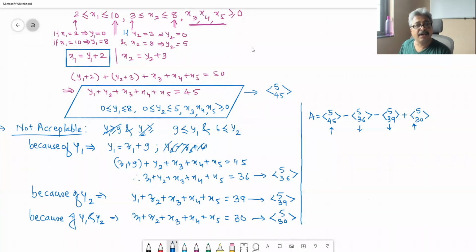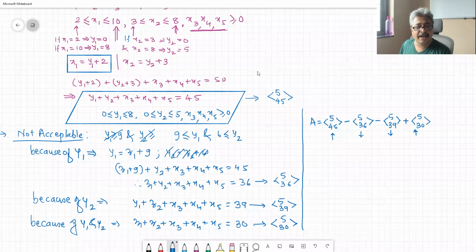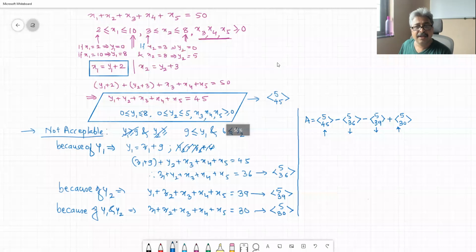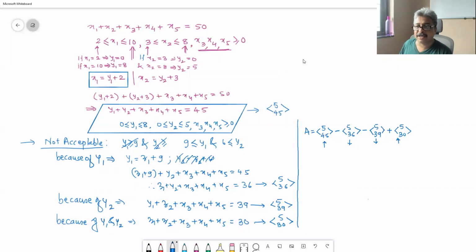when the condition on x1 is greater than or equal to 2 and less than or equal to 10, and x2 is greater than or equal to 3 and less than or equal to 8. Now I will keep this for some time. The way I have explained it, you might have lost track, but it is written properly. The algebraic solution of this problem is written on the board. Think about it. If you don't understand any step, I can explain it again. But before that, I want you to cross check whether you yourself understand everything or not. And this is the final answer.